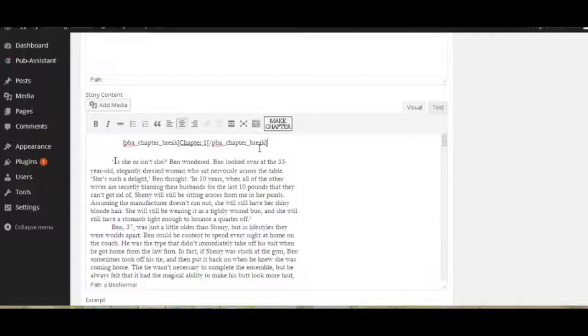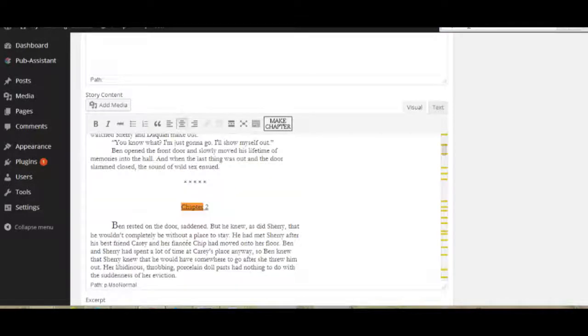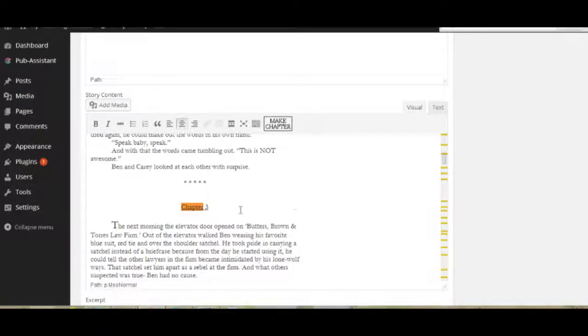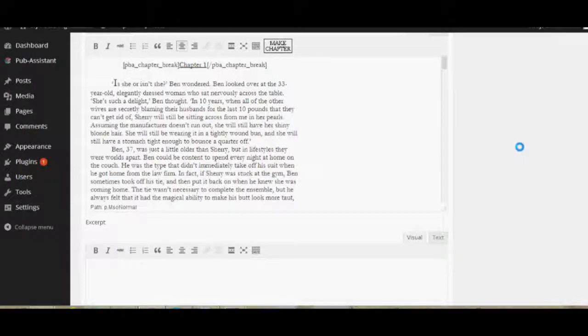I'm going to go through them really quickly. The fast way to do this is to do a find for, in my case, the word chapter, and it'll go and find each of them. For Windows, that is Control F, and just type in chapter there, and you can hit return, and it'll find the next occurrence of the word chapter, chapter 2. So I'll go ahead and highlight that, hit Make Chapter, highlight, Make Chapter, and then I'll just go through the rest of them really quickly and get back to you when I'm done. So now that we have marked all of our chapters, we move on to the next section,